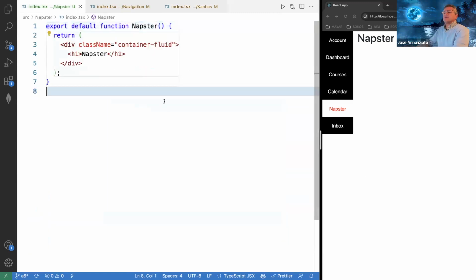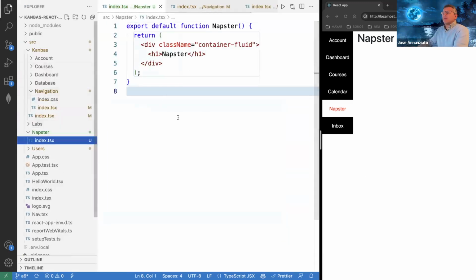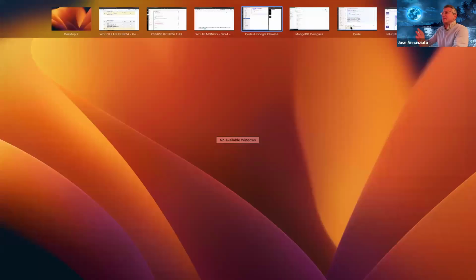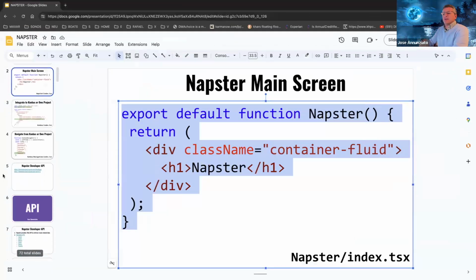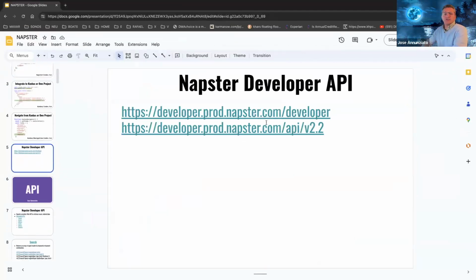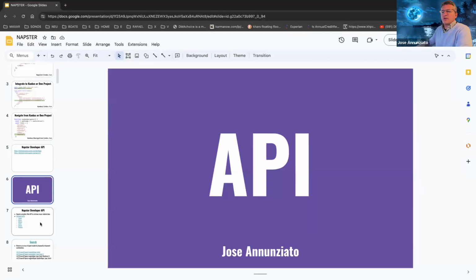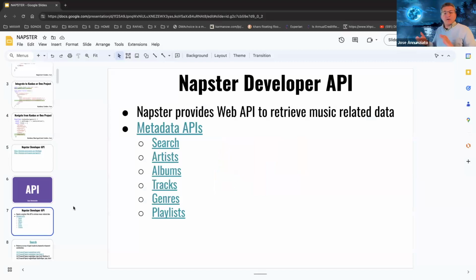And then in Napster, let's take a look at the API of what it allows you to do. So here's the documentation that you're welcome to take a look at and explore. But I'm just going to go over it here. So Napster provides all sorts of